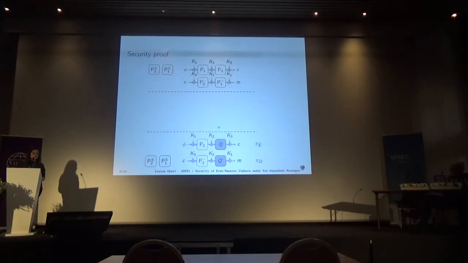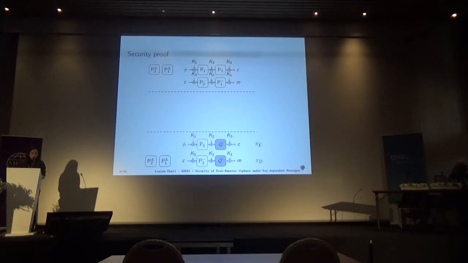So the idea is the following. Here we have the first game, the real game, where the adversary can access the random permutations phi1 and phi2. Phi1 and phi2 are independent. And here the adversary can also ask to encrypt some function phi and to decrypt some constant c. And we want to know the advantage of an adversary that is trying to distinguish between these two worlds.